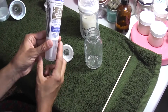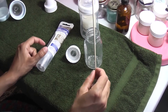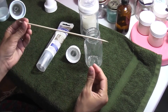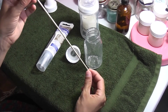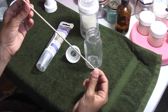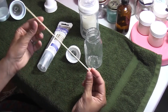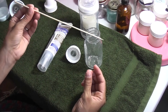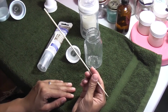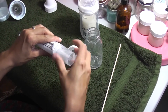So you'll need some silicone glue, and optionally you may use what I use. This is a wooden shish kebab skewer, rather small. I think I got these at the dollar store for $1, a whole package. And I found so many uses for them in reborning, so if you can get yourself some skewers, they'll be helpful. Alright, so you open your silicone glue,